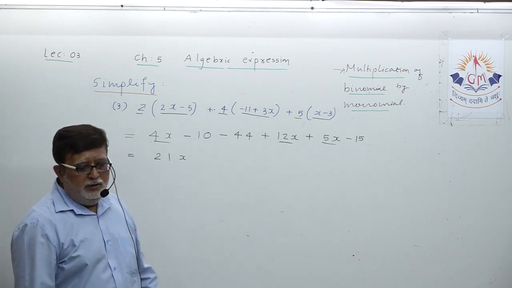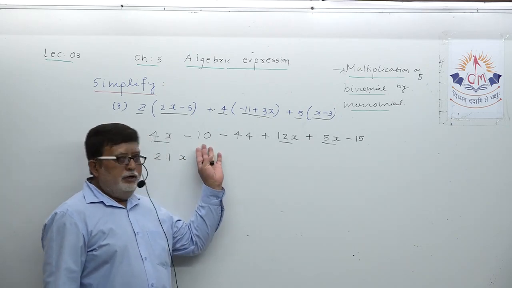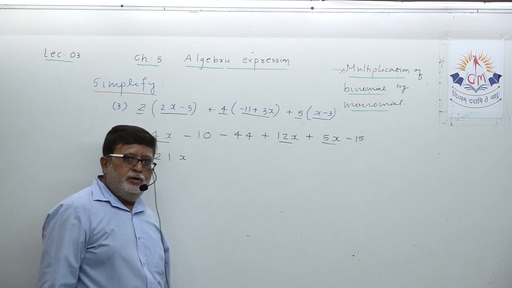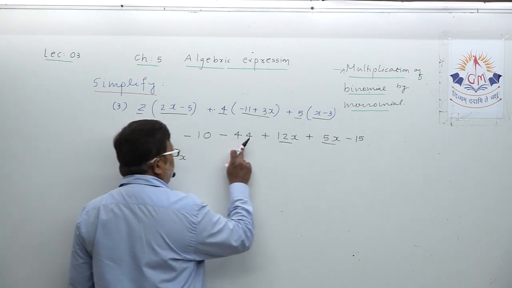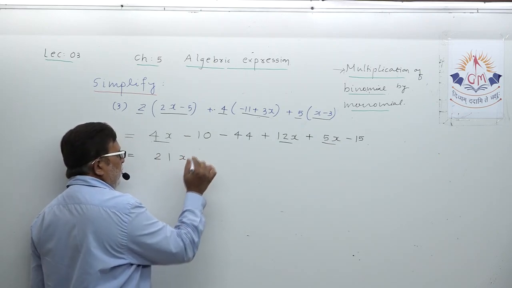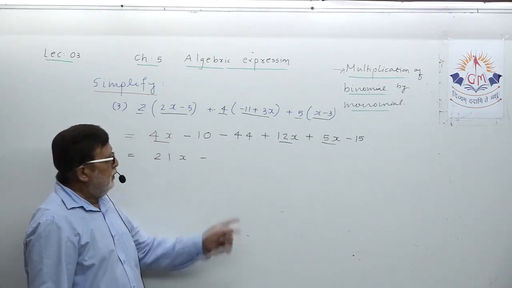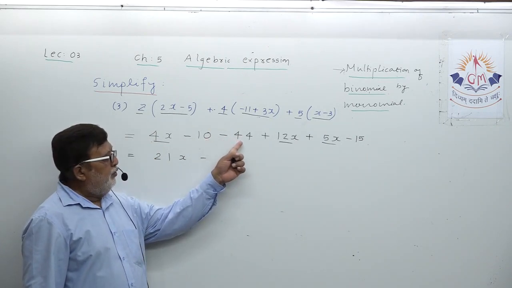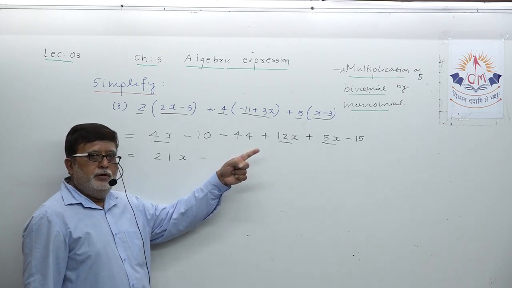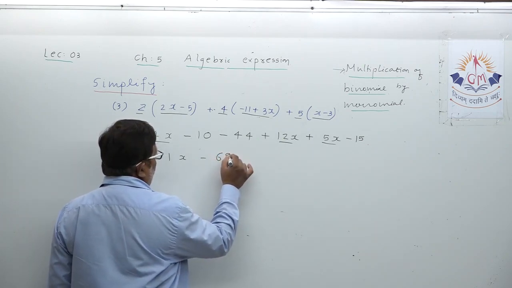See, dear student, many times you will come across such a situation where you get more than 5 or 6 like terms having a similar sign, minus 10, minus 44, minus 15. What do you have to do when you get more than 2 terms? Because all have a negative sign, put a negative sign, don't worry, and add them. 10 plus 44, 54. 54 plus 15, understand, 69. This is your answer. Okay.